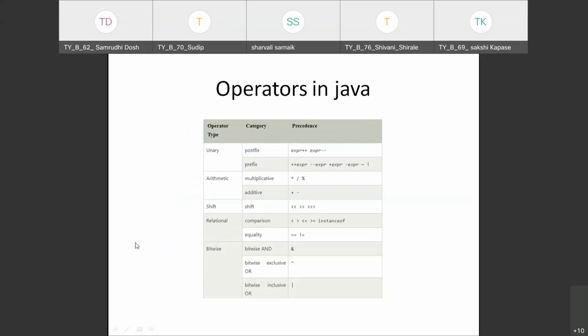Then next we have the shift operator. If we are using a shift operator, in this case we can shift the numbers. So these are the shift operators.